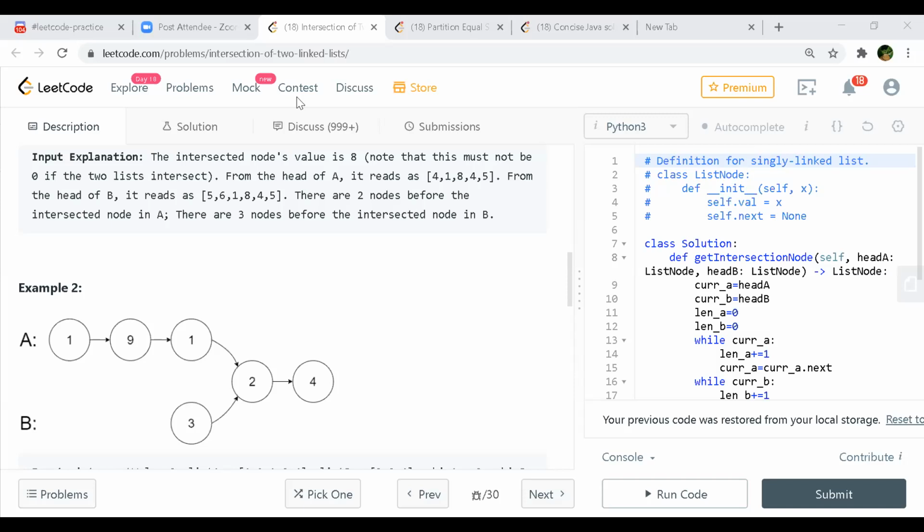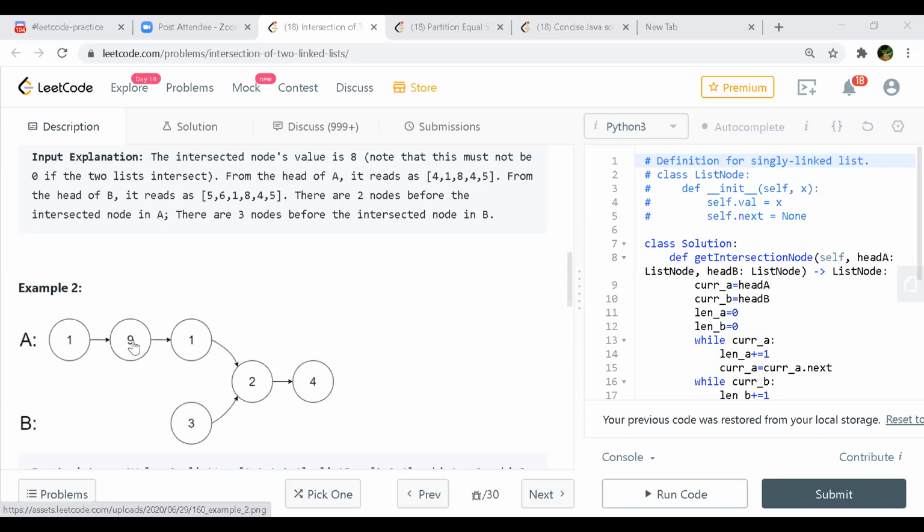Calculate the length of both lists, and depending on that, first try to reach a point where the pointers in both linked lists are at a similar position. Whichever list has the extra length, you cover that and reach the point where your pointers on both lists are at the same position. Then keep on checking if the addresses of them are equal, then return at that point, otherwise move both pointers in parallel.